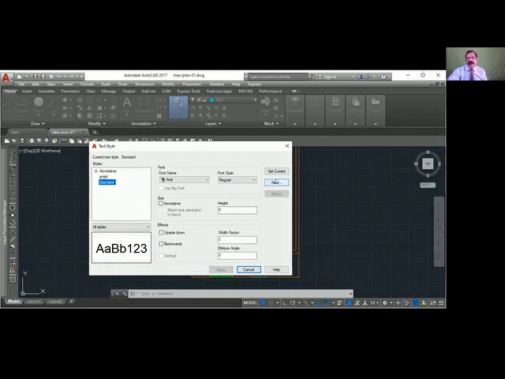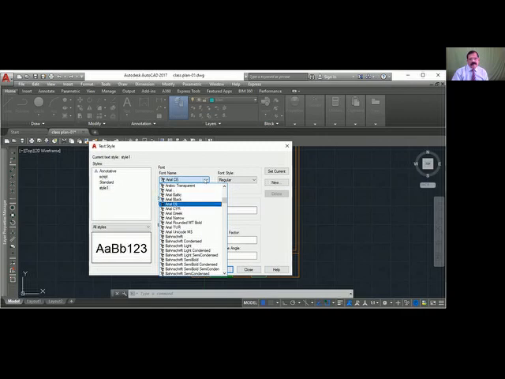I'm going to create a new one. New. I don't know what the font name is. You can check before going, or you can rename also. I will just say style. This is a new style I'm going to create. I will go here and check which style you want.